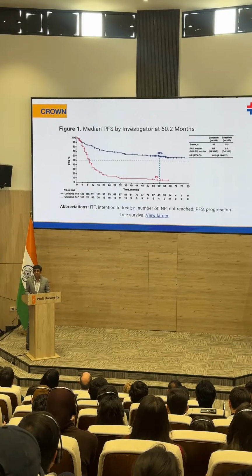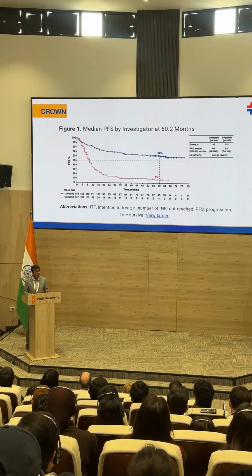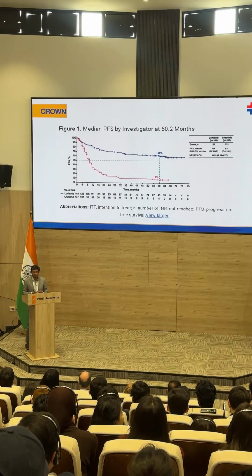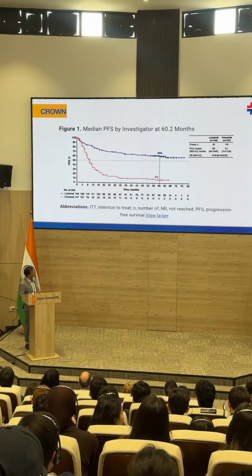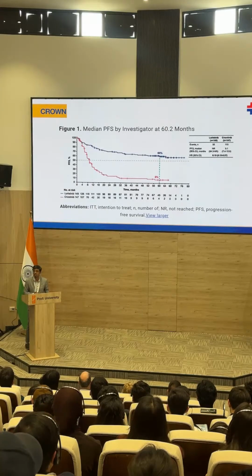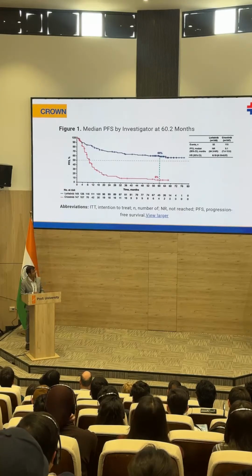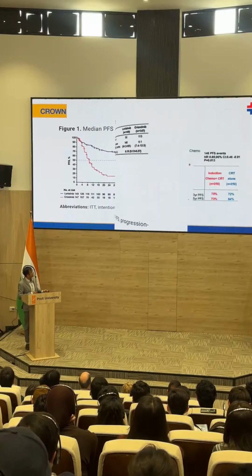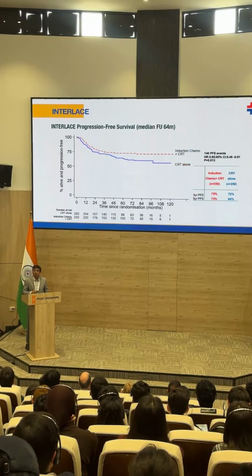Another drug, lorlatinib. Stage 4 patients, brain metastasis. Brain mets, a few years ago, cancer going to the brain was equivalent to facing death. Today, 60% of those patients can be alive and doing well and actually rocking at 60 months. So that's another wonderful drug. Stage 4 lung cancer patients, 60% alive and doing good at 60 months. That was about a lot of targeted therapy in lung cancer.